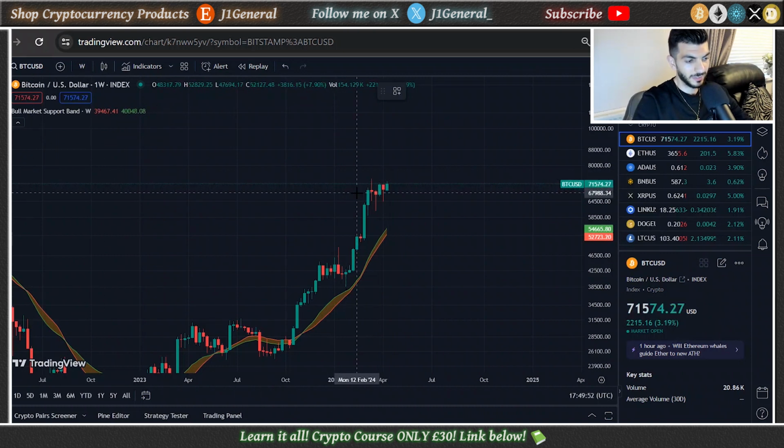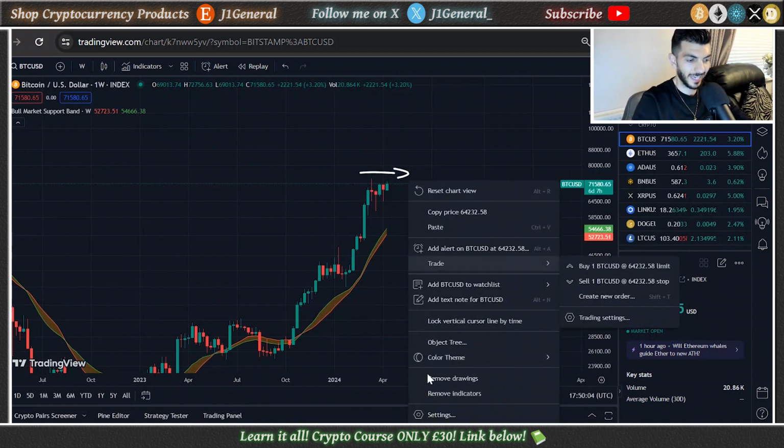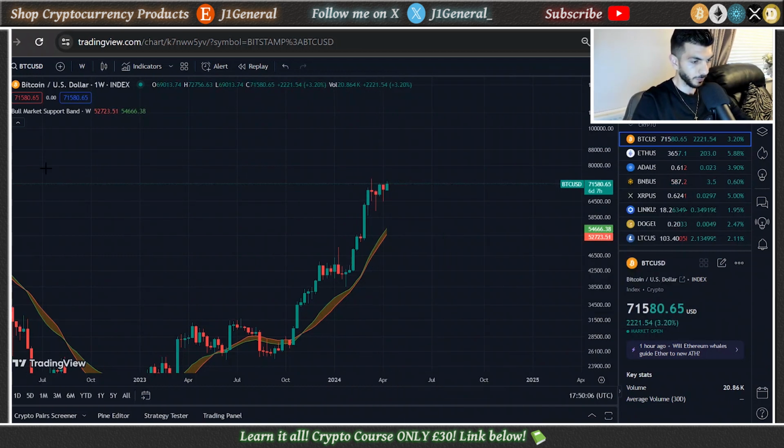So as you can see, this is a weekly chart. The last 5 weeks or so, Bitcoin has been trading sideways. You can see it hasn't moved. We're at the same prices we were at at the beginning of March, which was exactly 1 month ago. With that being said, when Bitcoin was trading at all-time highs, around 71, 72k, that was at the beginning of March, the week beginning 11th of March 2024, exactly a month ago.